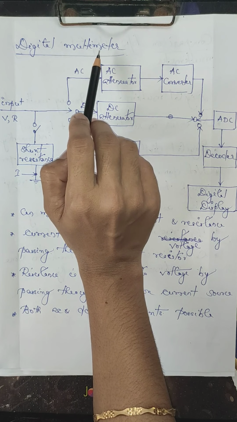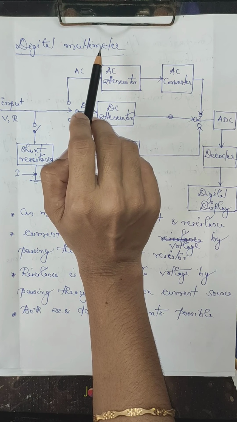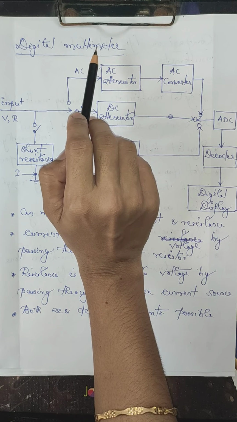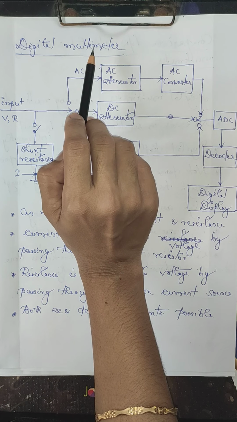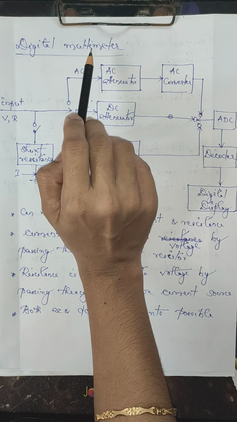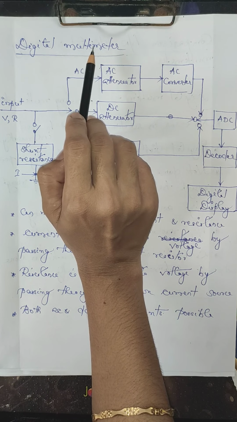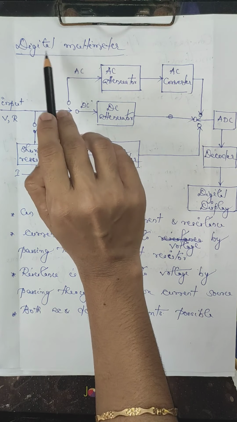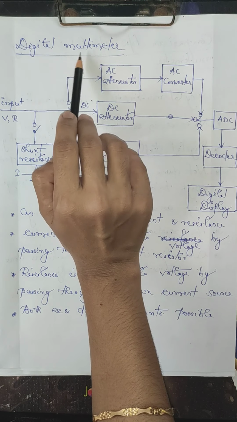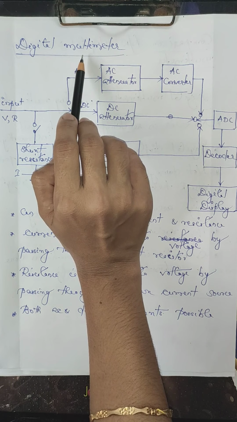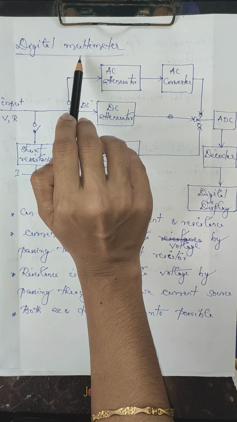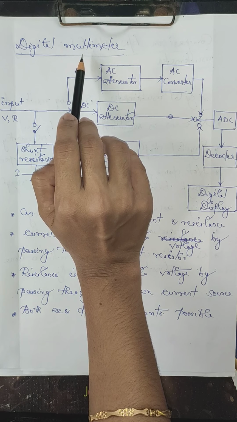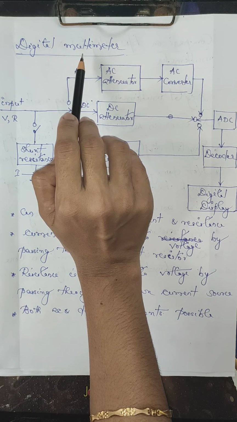Analog multimeters display the value of the measured quantity by means of a pointer moving over a dial, like in your analog watches. So the reading may not be accurate. So recent multimeters are a digital type. In digital multimeters, the value of the measured quantity is indicated using the decimal number system, using a 7-segment display as in your calculator. So we can read the values accurately.